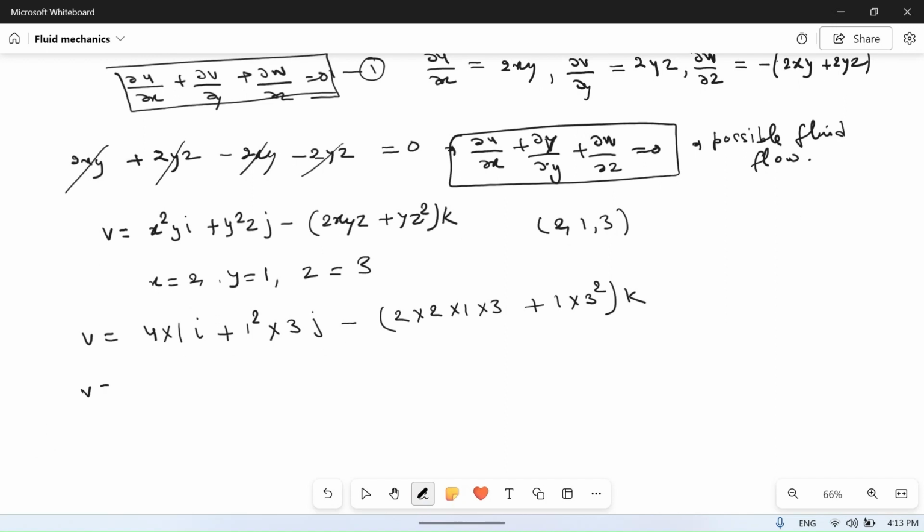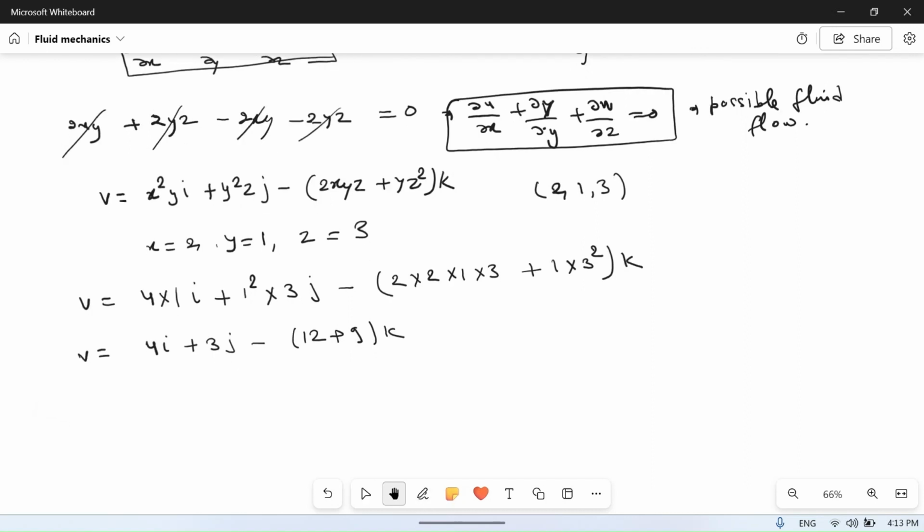So we will get 4i plus 3j minus 2 into 2 into 1 into 3, which is 12, plus 9k. So it will become v is equal to 4i plus 3j minus 21k. So this is our velocity component at this point (2, 1, 3). Okay, if we have to find the resultant velocity,